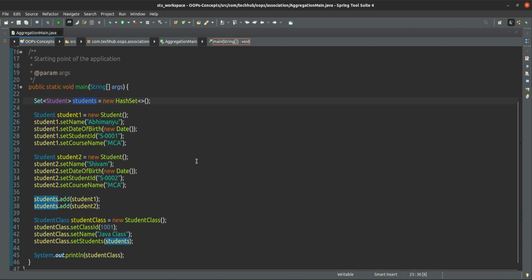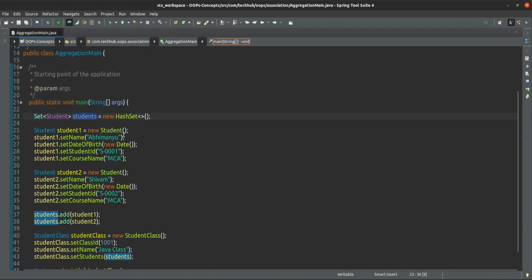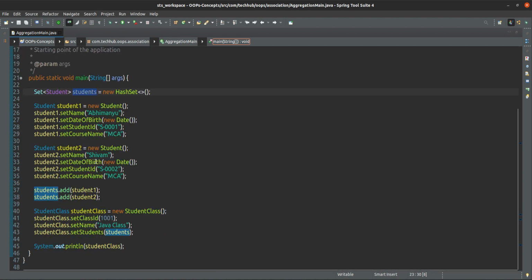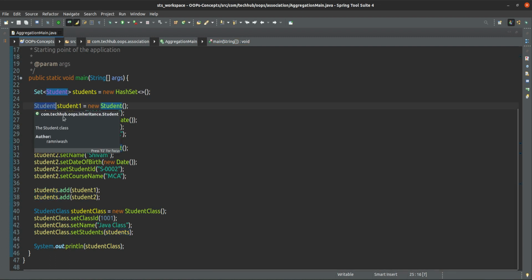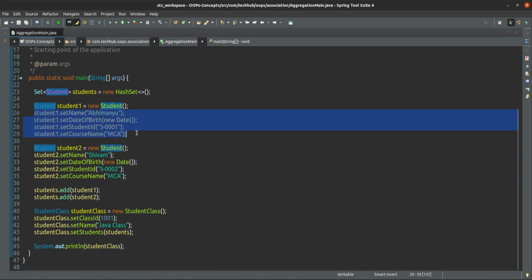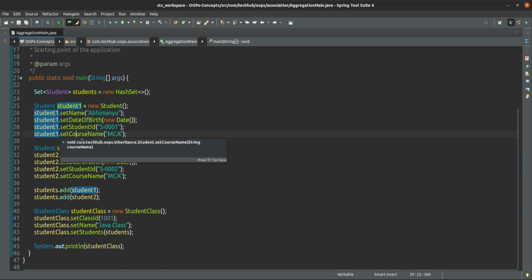See, if you see here, we have created two students, at line number 25 and line number 31. Two students we created, and we added some values for each student object respectively, like name, date of birth, student ID and course name.